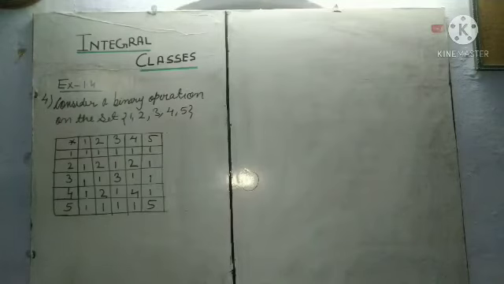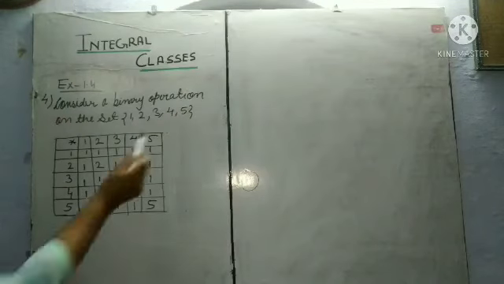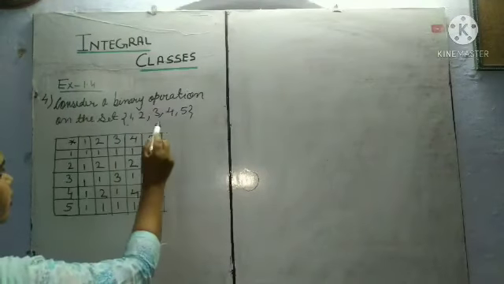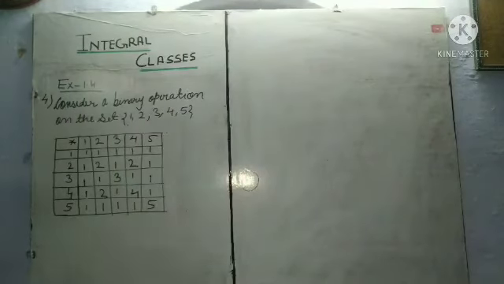Today we will start exercise 1.4 from question number 4. Student, now the question says to consider a binary operation star on the set 1, 2, 3, 4, 5, and the table is also given in your book. It asks many questions based on this table. Now the first question is to compute